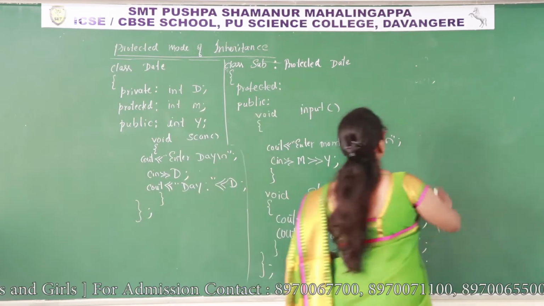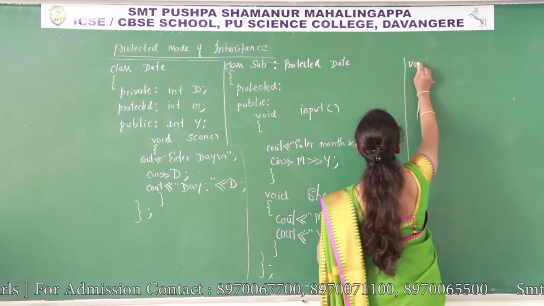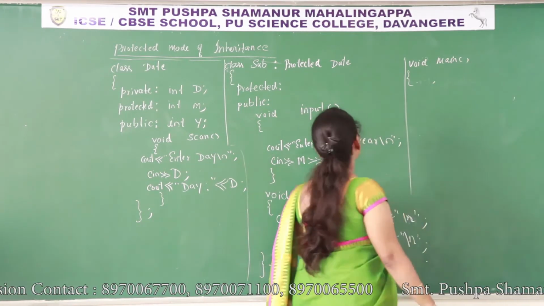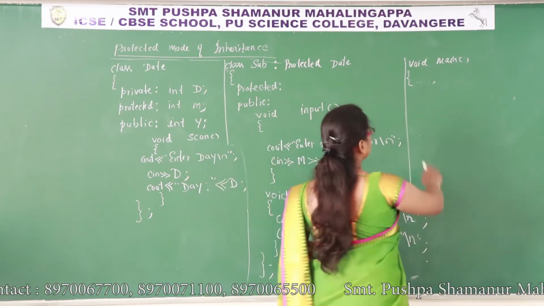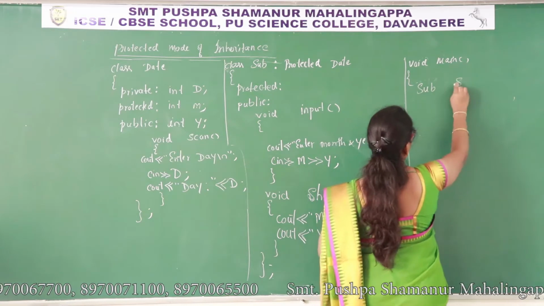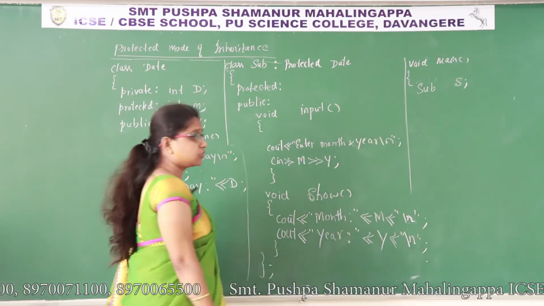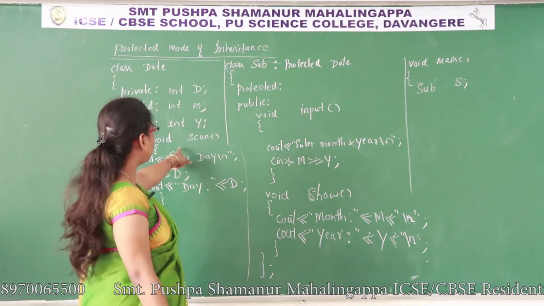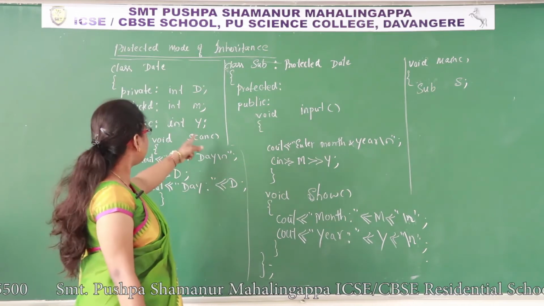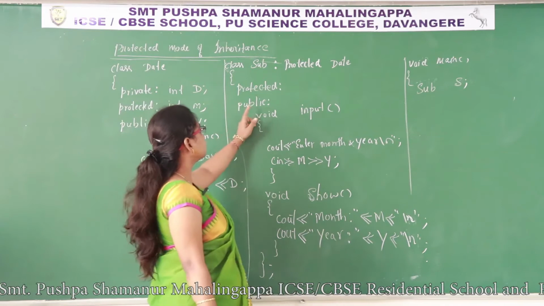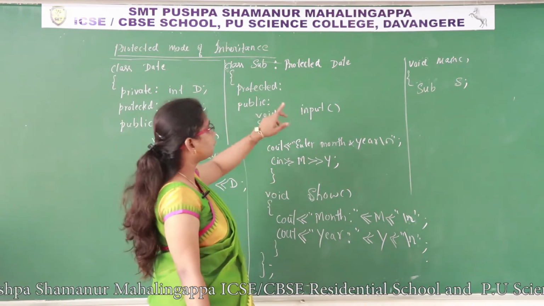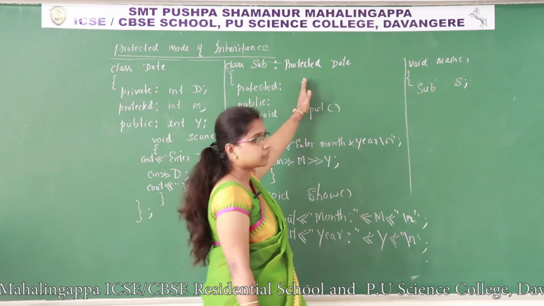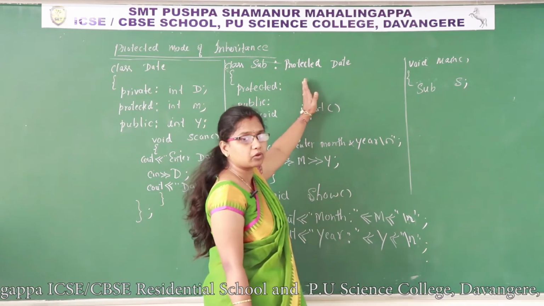Let us execute one by one from the main function, void main. Let us call those functions. To which class should we create the object? To the subclass, derived class, sub. Which function should I call first? Scan function. Through the object of the derived class, we cannot call this function directly. This function has been inherited to this class and it has become the protected member of the derived class. So this scan function is there in the protected section, so it has become a protected member of the derived class.